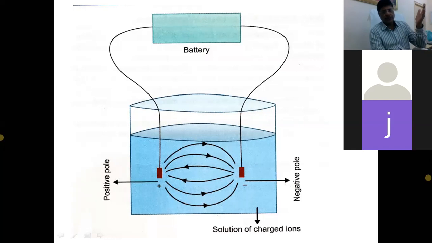So now you also have to understand that whenever current flows like this, a dipole is having two properties. It is having